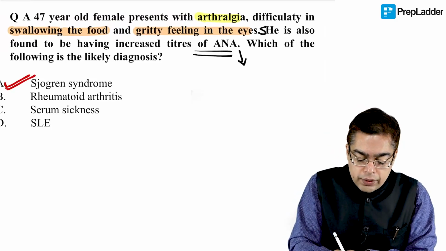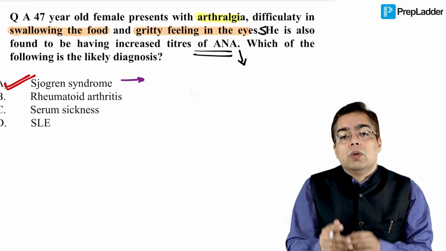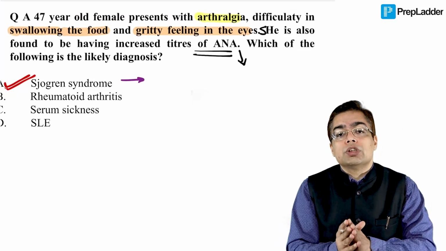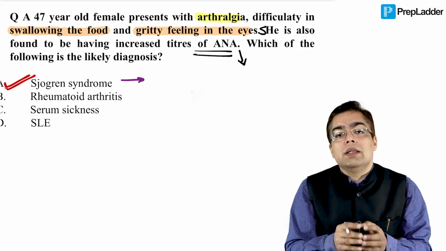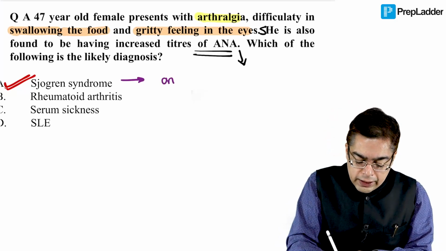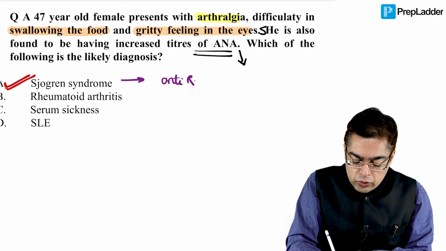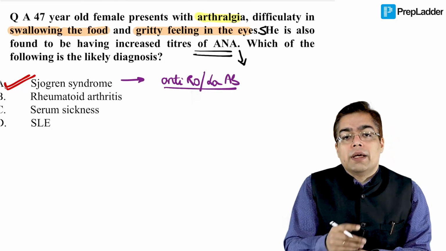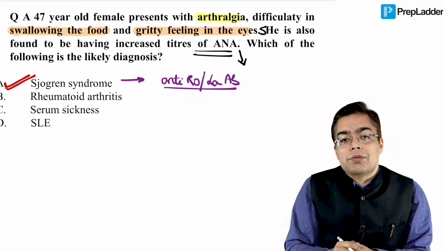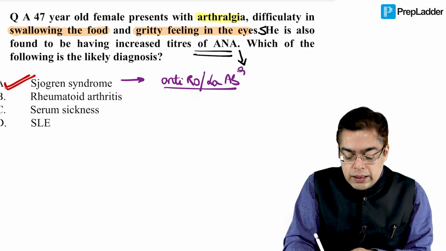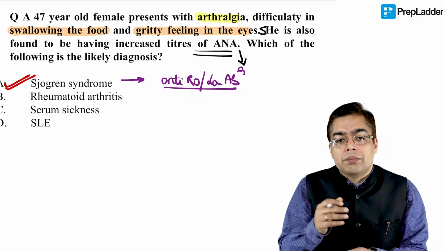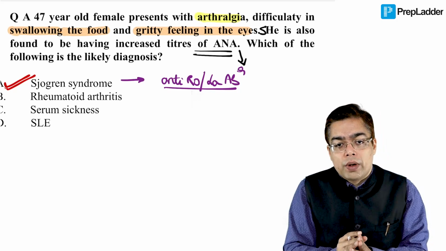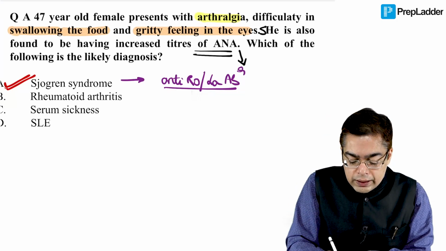They had asked you a question in the exam earlier, and I want you to be familiar with that fact. With the same history, I can just tweak the question for you. And if they were to ask you, what is the most likely antibody that is going to be seen in this patient? So we understand the fact in a patient suffering from Sjogren syndrome, we are going to be having the presence of anti-Ro/anti-La antibodies. So they can be giving you the name of the antibodies in a subsequent question, which has been a direct question in the exam. This is something that we read about in pathology. This is something I'm sure has been discussed with you in the connective tissue disorder section in the medicine app as well. So we need to be familiar with the example of the antibodies that are going to be seen in this condition.